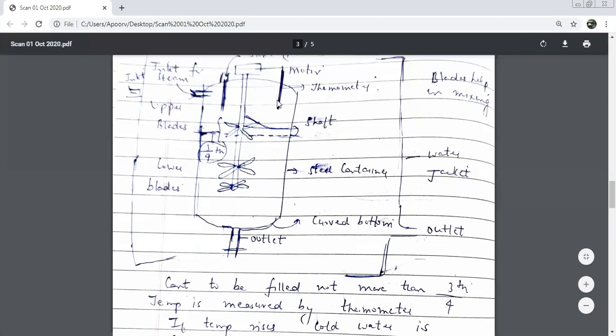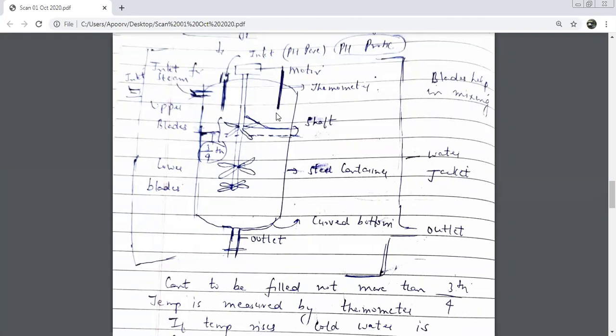Thermometer. What will you do if the thermometer tells you that the temperature has gone higher than the optimum temperature? Water jacket releases cold water. Yes, cold water. And if it goes lower than the desired temperature, when I say optimum temperature, it means the one at which E. coli will grow and multiply best. Because E. coli will multiply, the number of insulin producing genes will automatically increase. Okay, beta? Let's come to this. If you feel that the pH has gone acidic, what will you do? Add dilute base. Okay. And if you feel it has gone basic, we will add dilute acid.